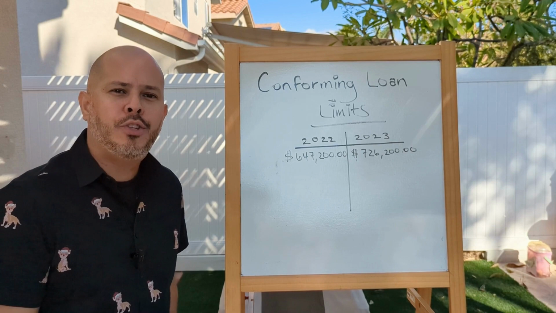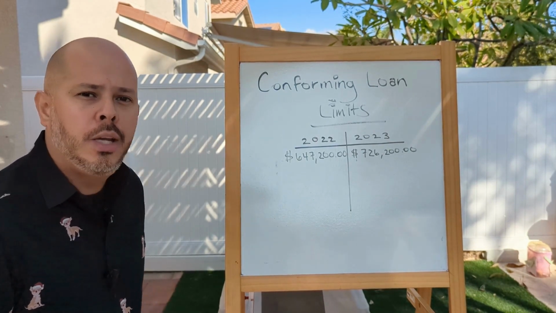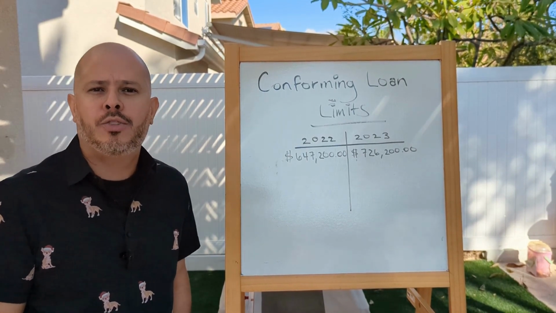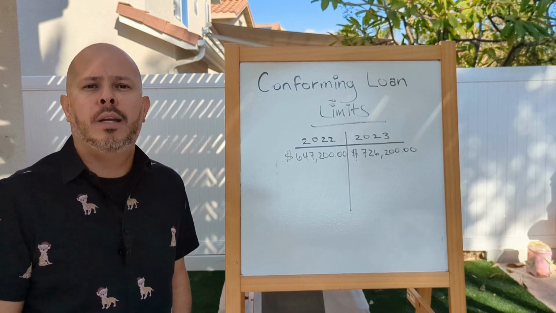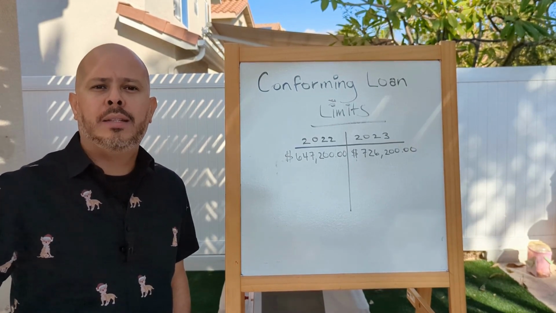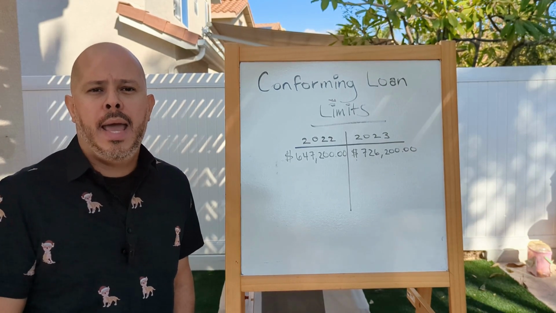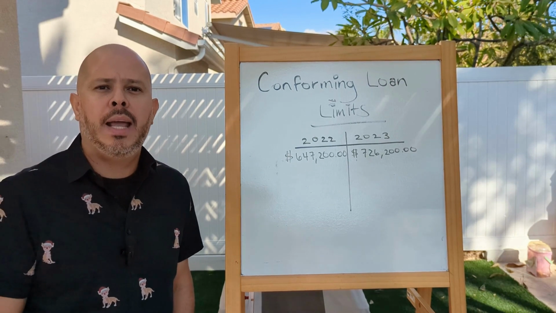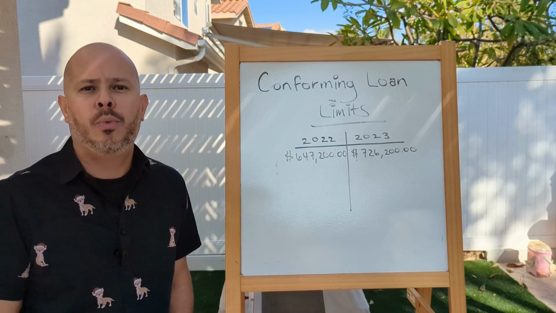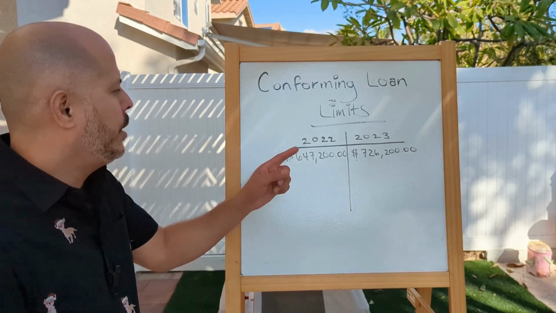Great. So on our first topic, like I mentioned, we're going to talk about conforming loan limits. And just to give you a little background on that, the FHA, or the Federal Housing Administration, comes up with the new loan limits every year. Basically, every year they review home prices and determine what the median loan limit is going to be. And they usually announce that at the end of the year. 2022, they just announced it last week. And the new median loan limit is going to be